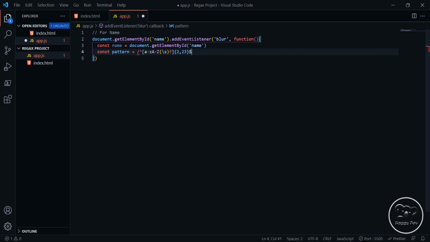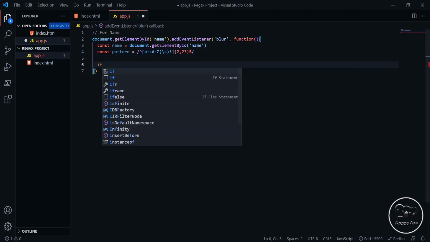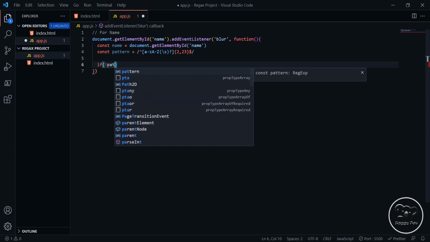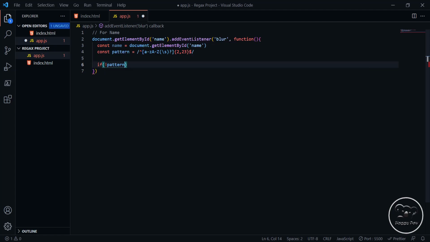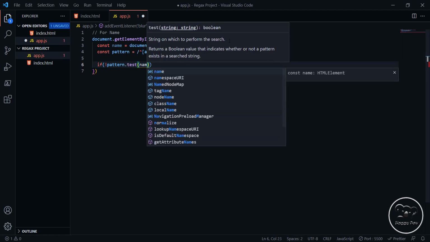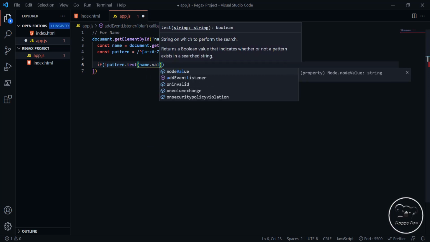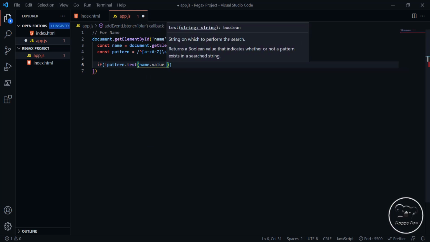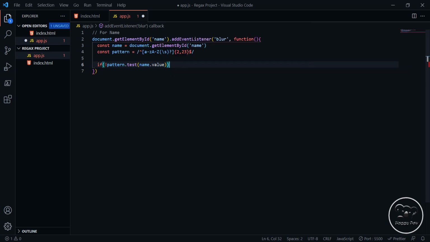And should end slash. This is for our pattern. If pattern.test, we test it, name.value. If not with the format of the pattern, when we input our name field, the value does not match the pattern,